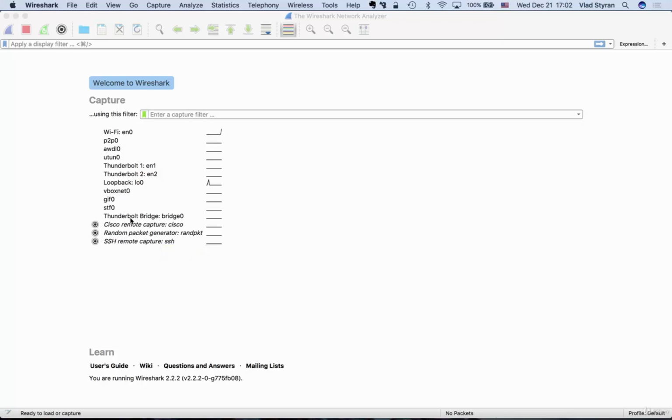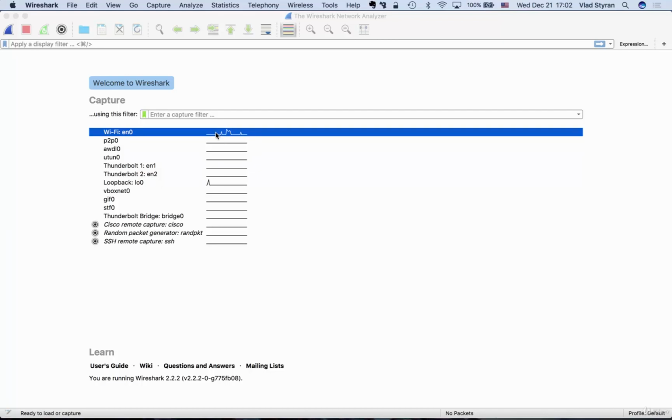If I had a local host-only network on my VirtualBox right now being active, it would generate some traffic here. There are also ways for these more exotic things, like generate some traffic using a random packet generator, or use remote SSH capture or remote Cisco capture. So these are more specific things. We won't discuss it here. For now, let's select only this